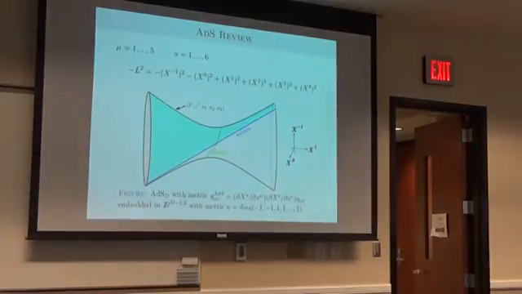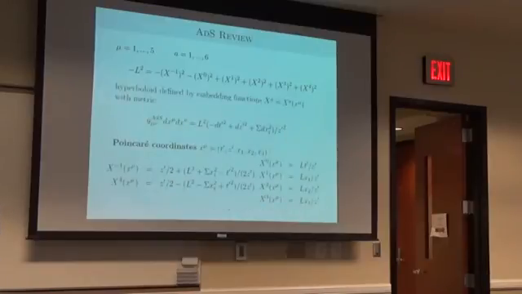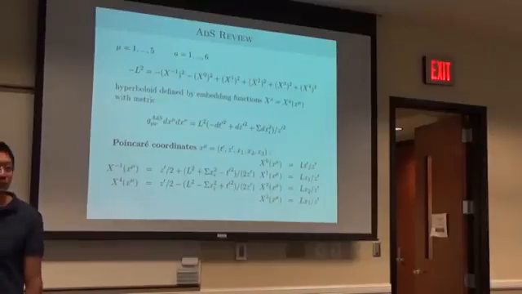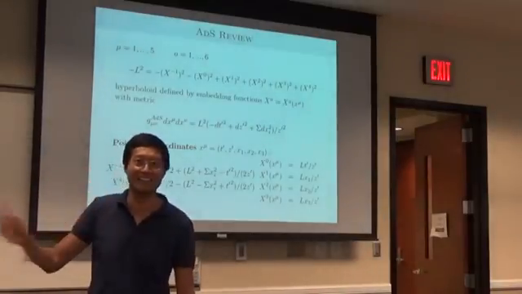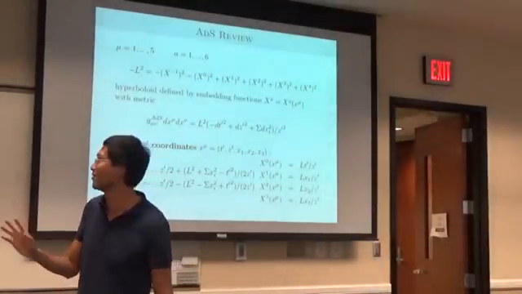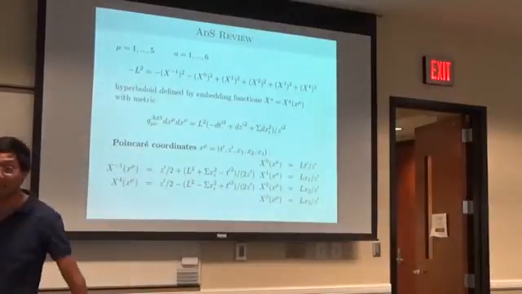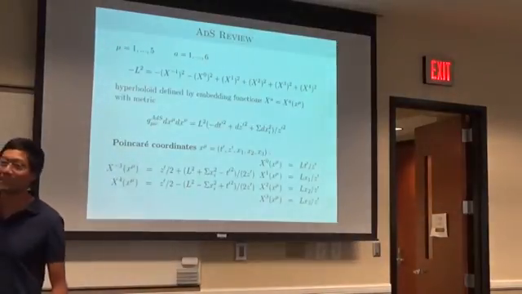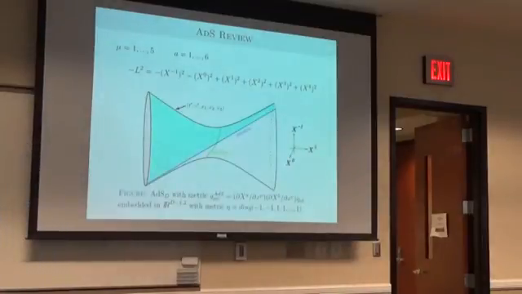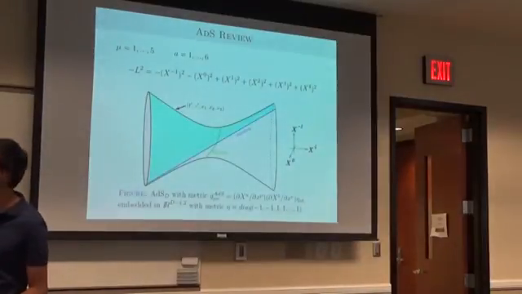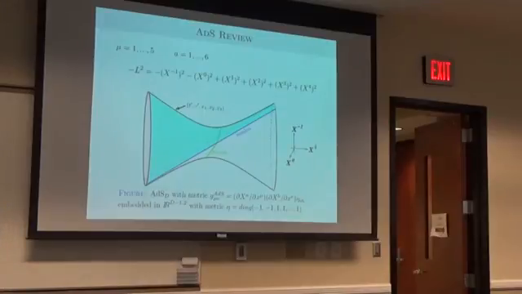Let's pick these 5 coordinates: t prime, z prime, x1, x2, x3. So it's one way, and these are defined by these embedding functions. But anyway, the point is, this is what we've been talking about all day yesterday, and probably much more the rest of the week. It's the so-called Poincare coordinates. I wanted to show you this because really, in the end, they're just a choice of embedding functions from this point of view. So if you wanted to know what Poincare coordinates are, well, it's a certain choice of covering